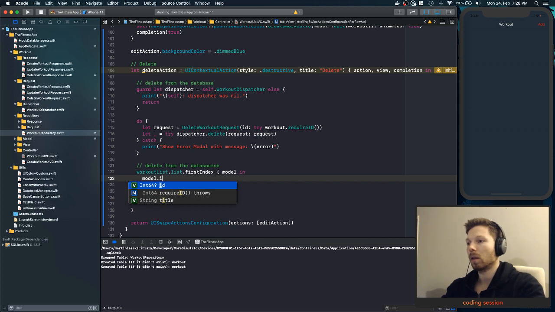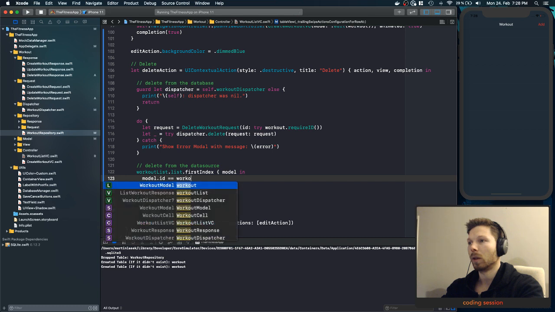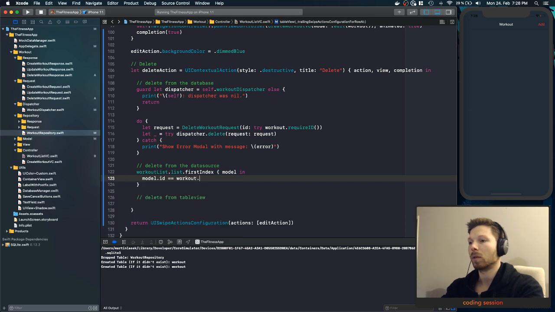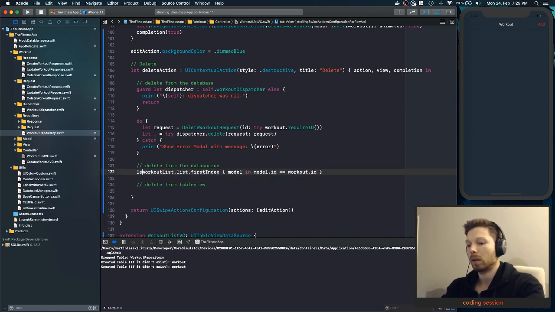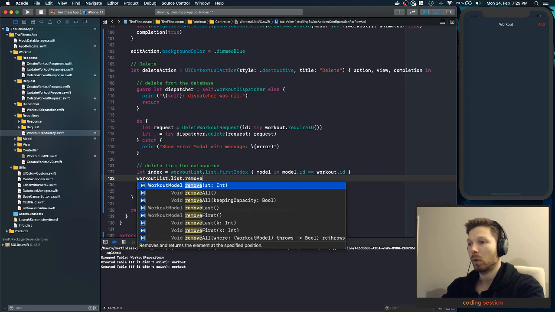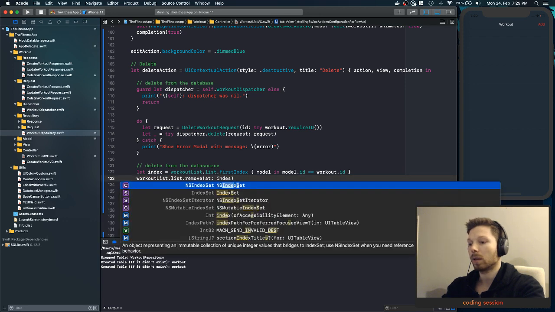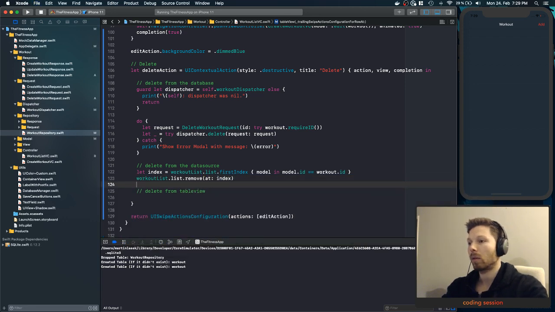Its ID is equal to the workout ID that we have. So we got the index, and then we can say workout list remove at index. That removes it at the index, and then we can go and say, because now we can